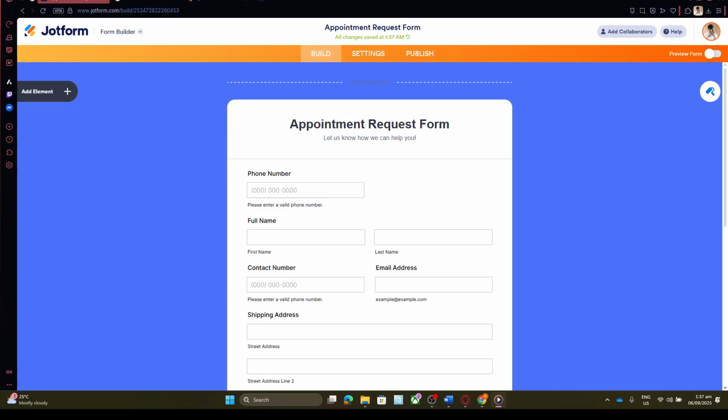In today's video, I'm going to teach you how to integrate Jotform with Google Sheets. This is an efficient way to automatically organize and store form responses in a Google spreadsheet, allowing you to streamline